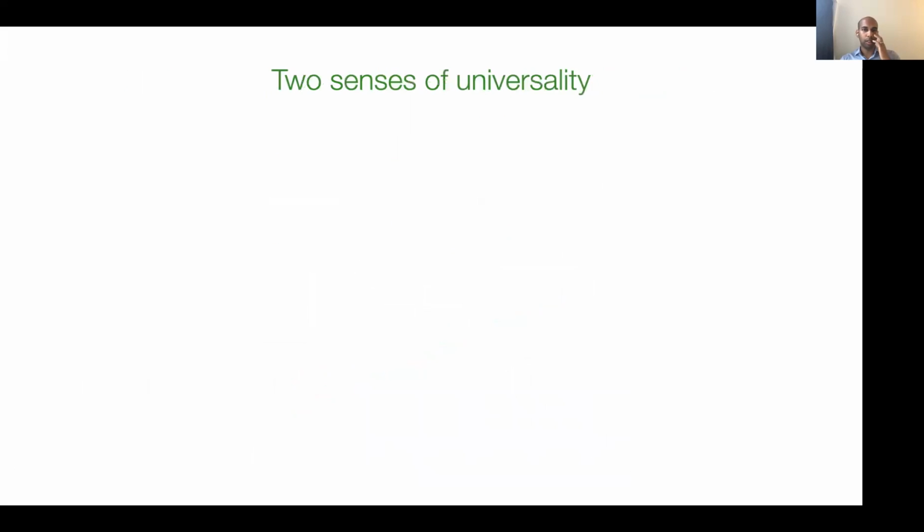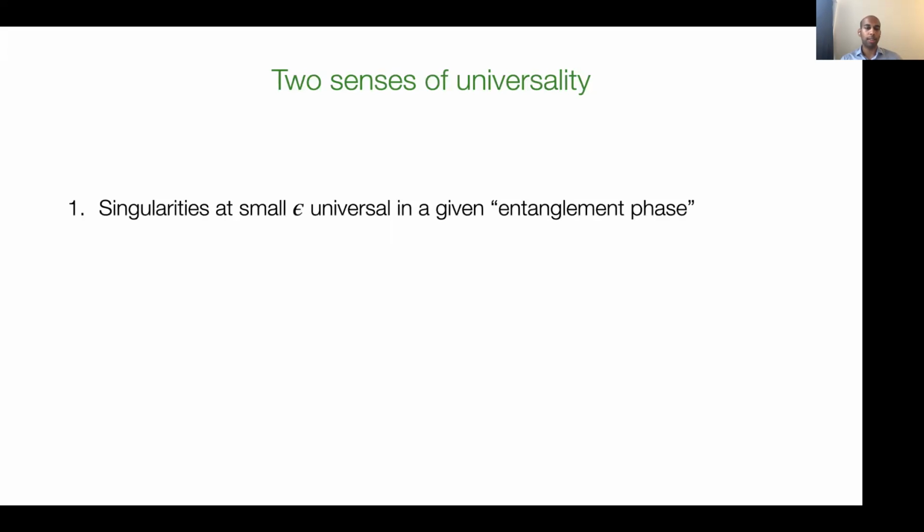Now the question is, what does it mean to be universal? I've been saying that these things are universal. There are actually two senses in which it's universal. One is that the singularities at small Schmidt values are universal in a given entanglement phase. You can vary your constraint structure to a large degree, and the entanglement spectrum can change and move around, but your divergence at the origin is the same